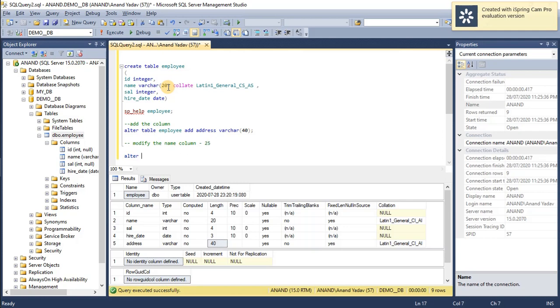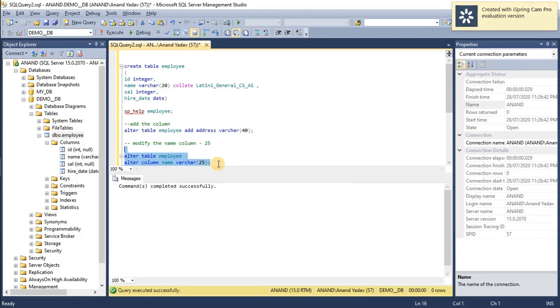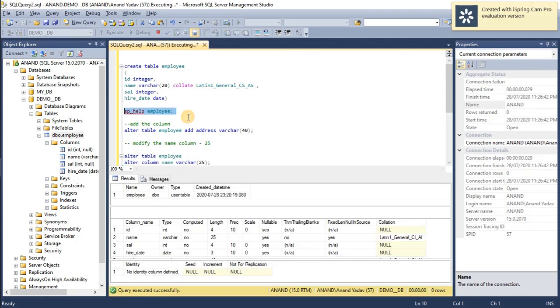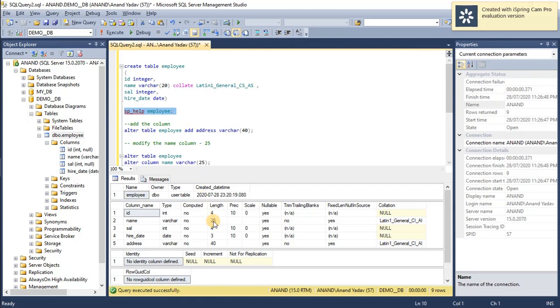We can do it like ALTER TABLE, table name is employee, and the command ALTER COLUMN, the existing column name is name, and I wanted to modify its length by 5, so it will be 25. If you can see here, the actual length is 20. Now after executing this query, the length should be 25, and yes, it is 25.